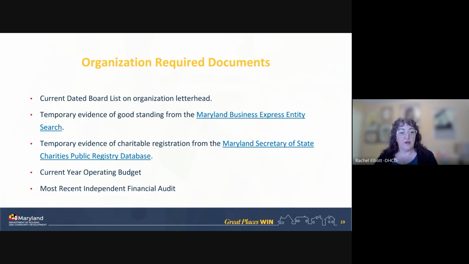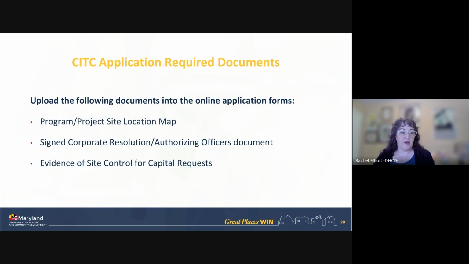Also, we would like your current year operating budget and your most recent audit. We know that not everyone has those right away. Specifically for the application, there are only a couple extra documents that we require. And then there are some extra documents you may put in. So one thing which Janine touched on is the program and project site location map.